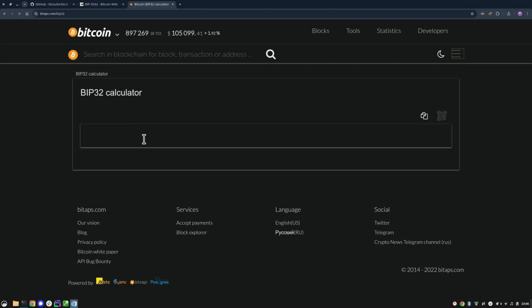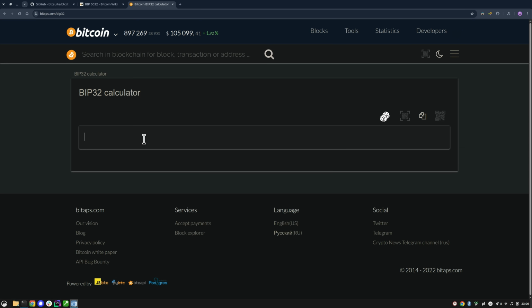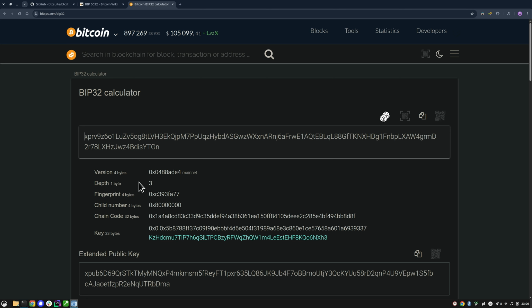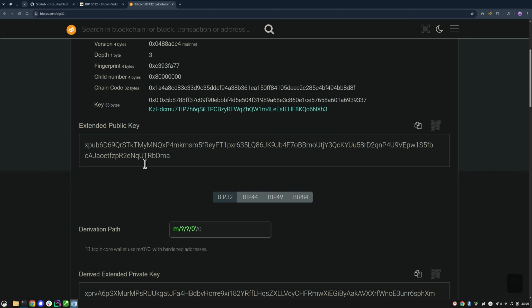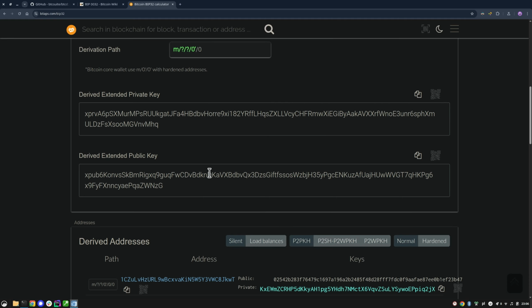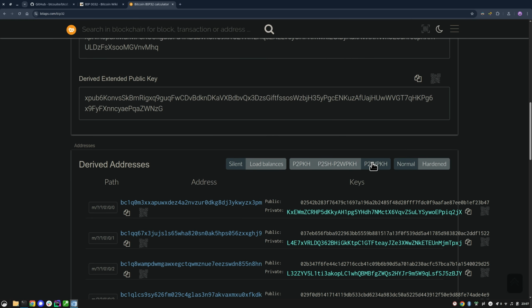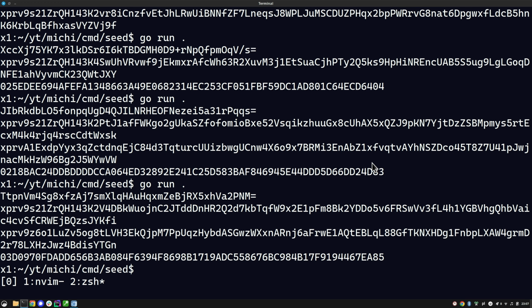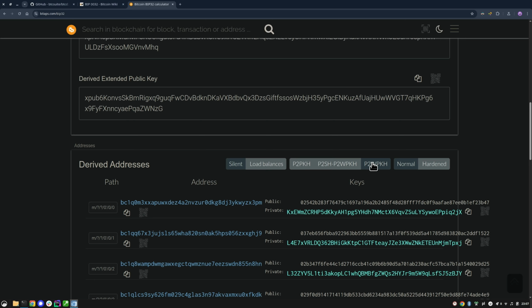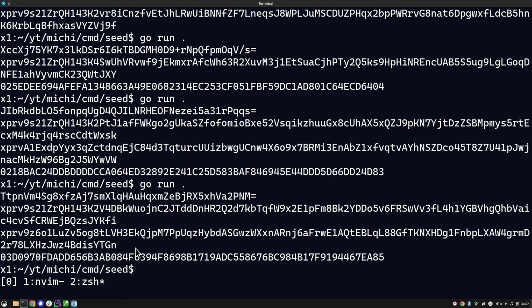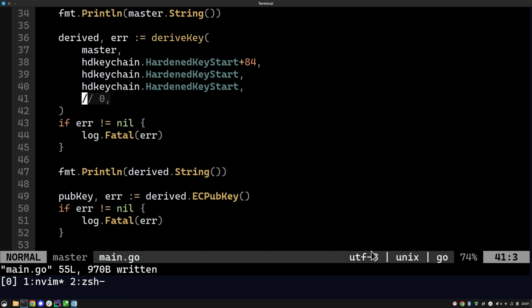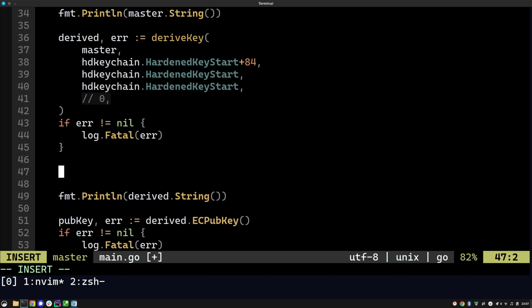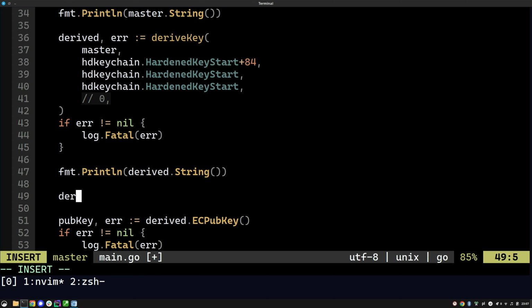I'm going to paste this key. It is derived 3 levels deep. Okay, this is not the same key we are expecting, because this is derived 1 level too little. So instead, I'm going to derive it 1 level more. Error equals derive